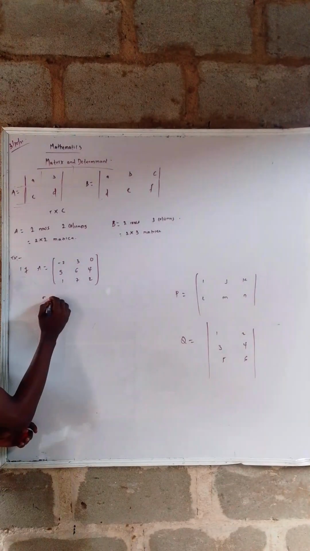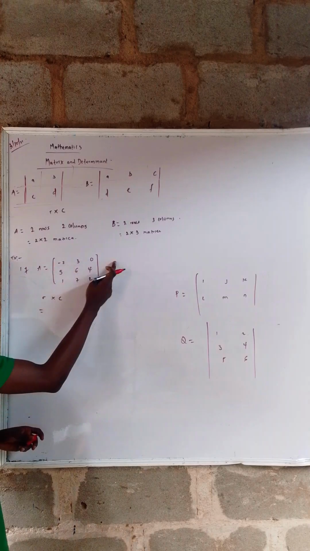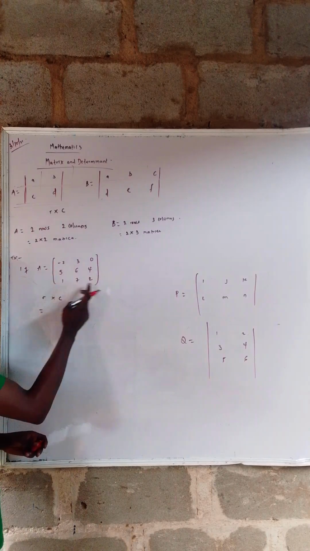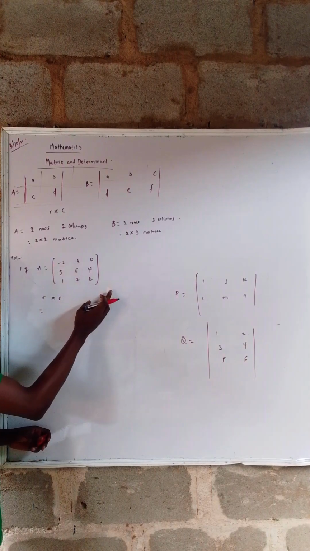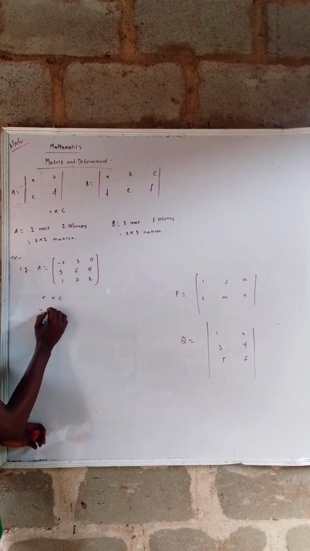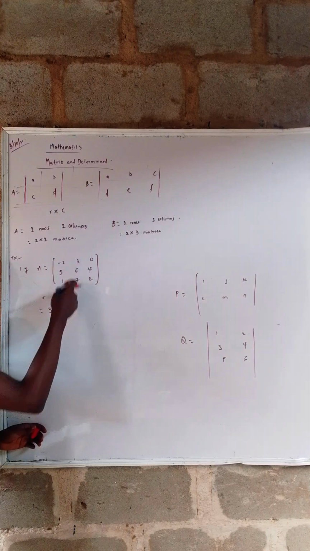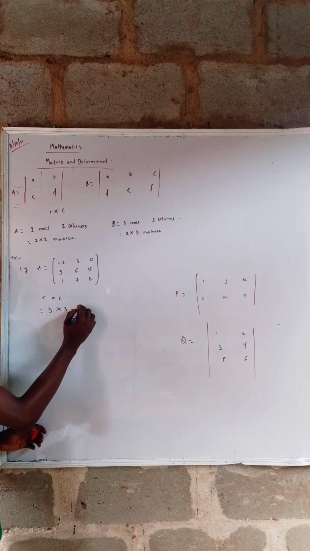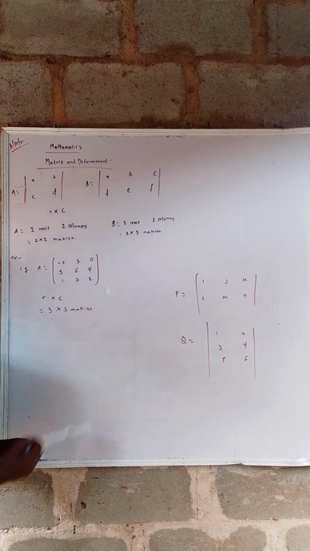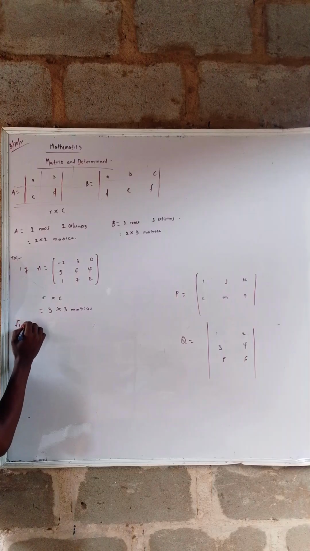So rows by columns. What's the row? Row is like this, like this, like this. So how many are like that? What's the row there? 3. Then what's the column there? 3. So you have columns 1, 2, 3. So that's a 3 by 3 matrix. But that's not the initial question. The initial question told us to find